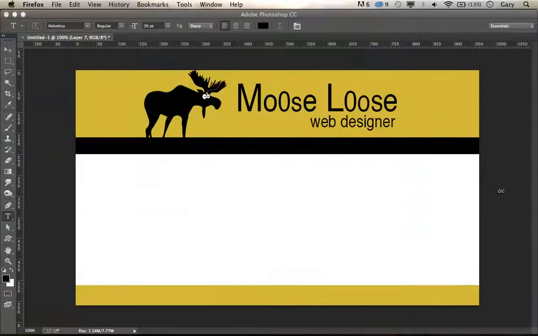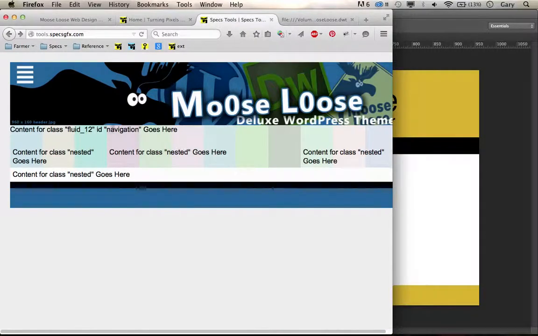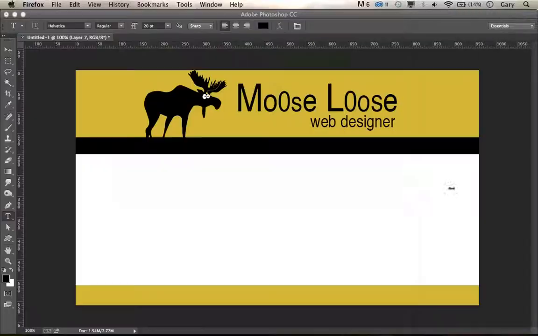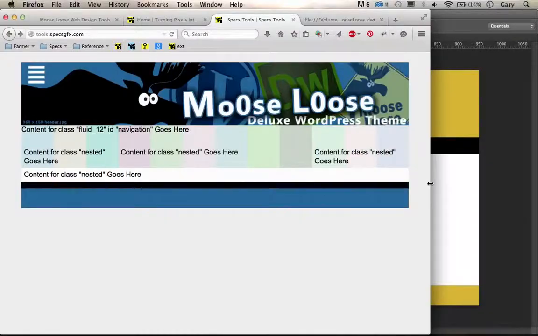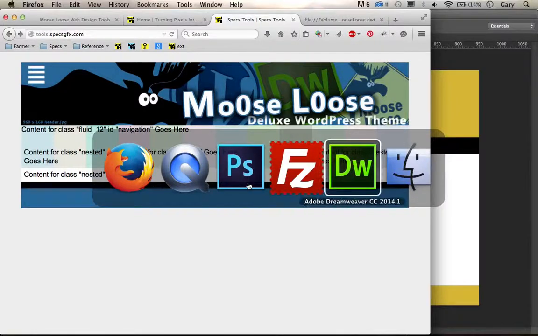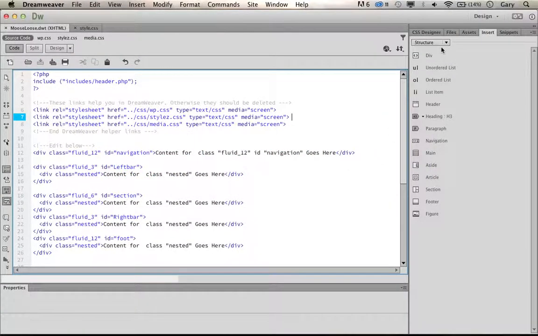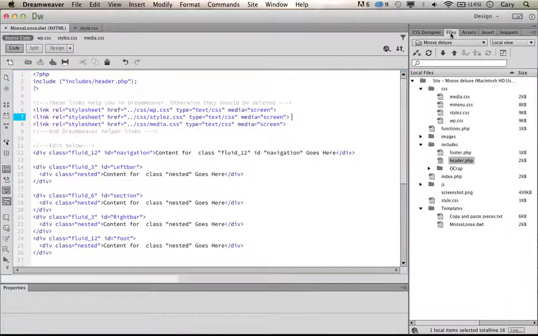So here we have our site so far. It's functional, except this is going to be a WordPress theme. And so we have to insert some code that communicates with the database. Okay, so what we have prepared for you in your files, you have in the templates directory a file called